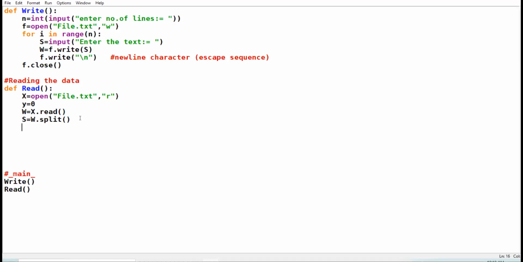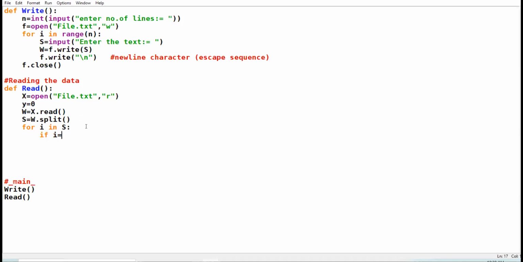Now start the for loop: for i in s. i in s means now the variable i is holding each word. The data which is now in i is individual word wise. i represents each individual word.